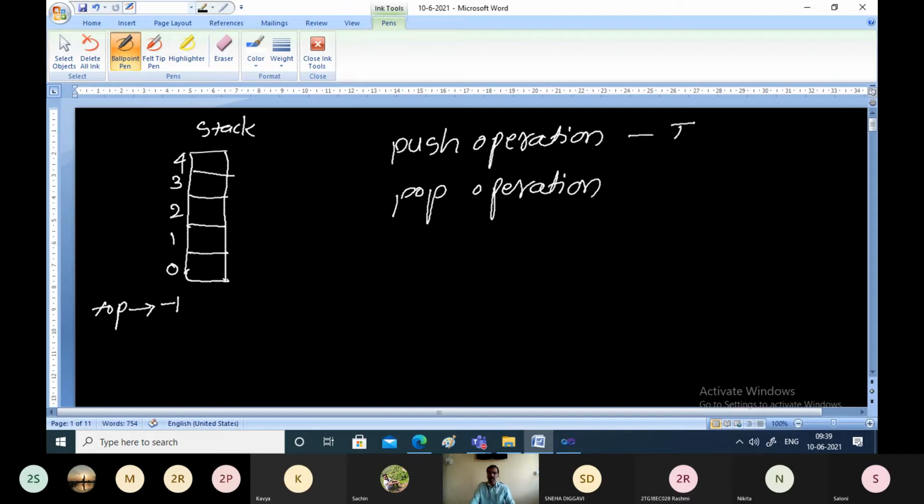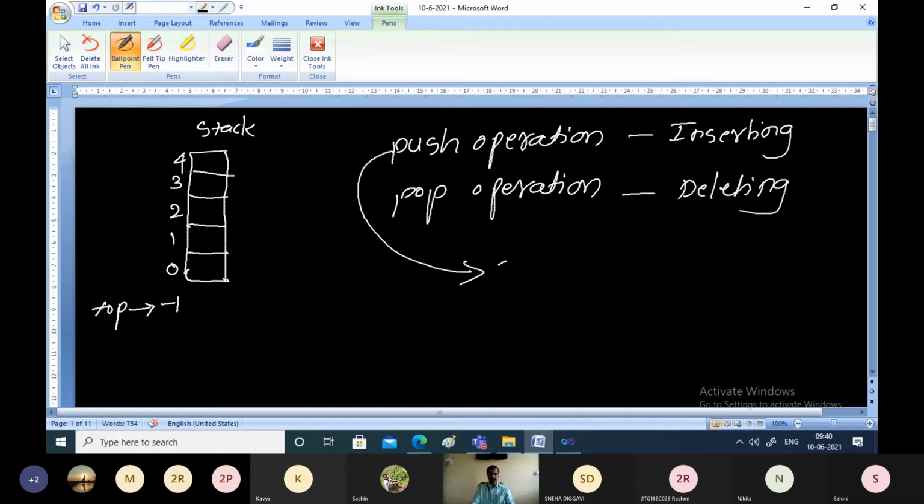What is push? Inserting an element onto the stack is called a push operation. Deleting an element from the stack is called a pop operation. The conditions we have to check: while performing push, you have to check the overflow condition, that is, check whether the stack is full.